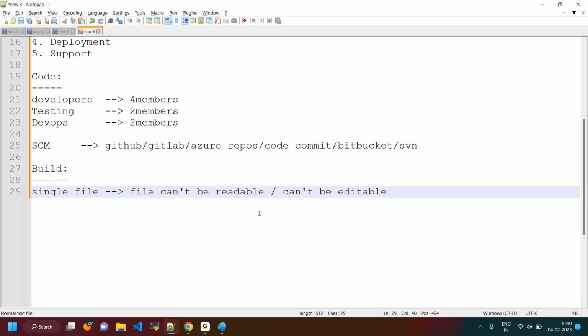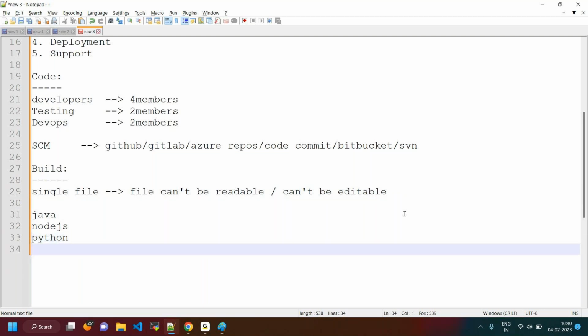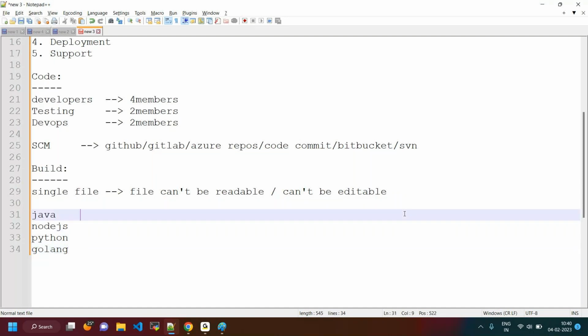How are we going to create this file? It's based on the language. We have different languages, like Java, Node.js, Python, and Go. If you go with Java, developers write Spring Boot applications.